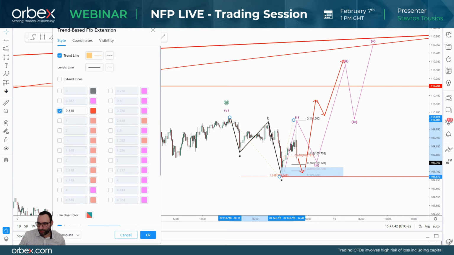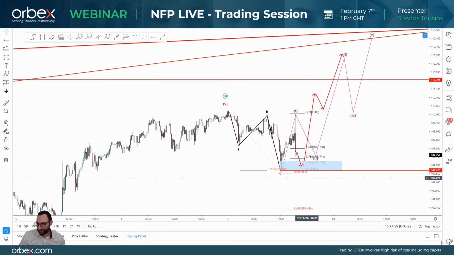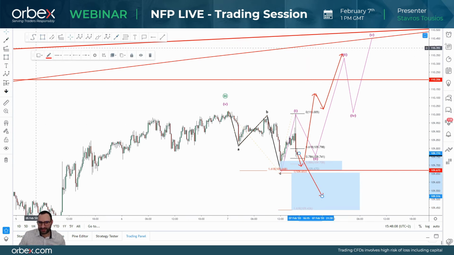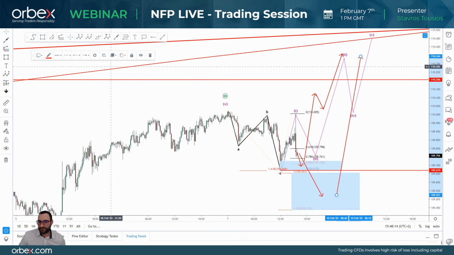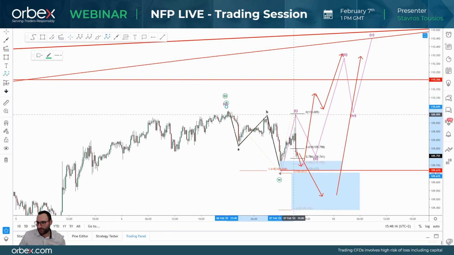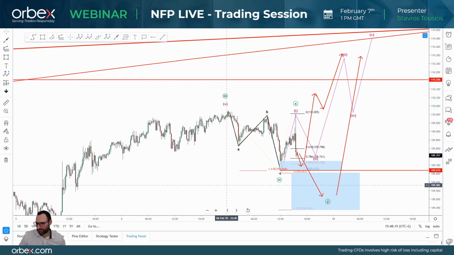Now, the 0.618 is not good because it's very low. The 1 is below the 109.67, okay? So it could be very possible that prices are going to move down anywhere between these two levels, these extension levels. So this is where we could expect a bounce. Prices coming down here, anywhere between that level, and then start moving up, okay? This would be for the W, X, and Y scenario, okay?